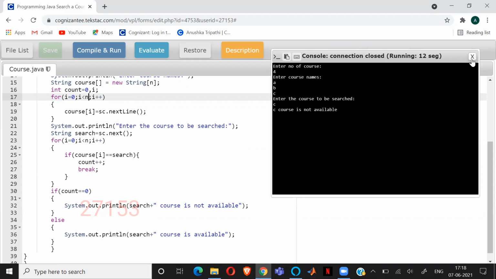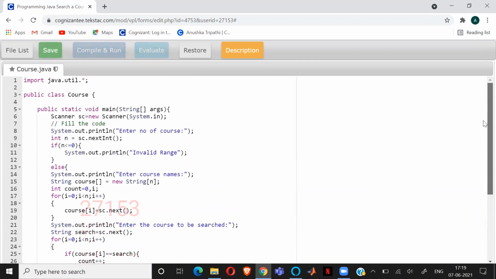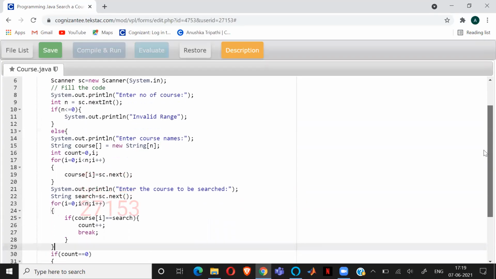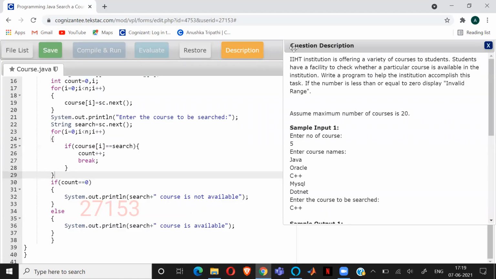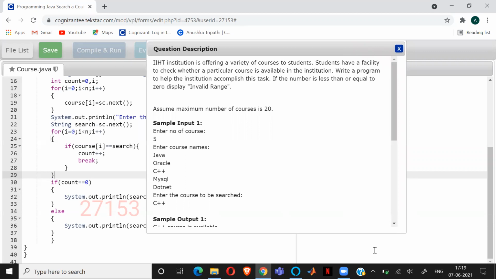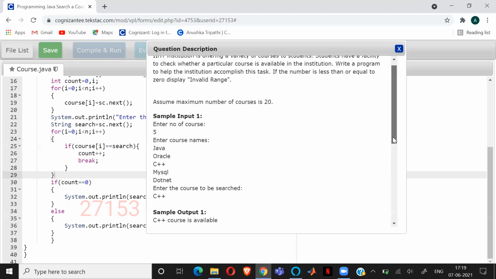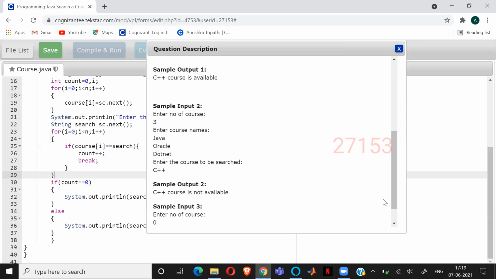C is not available. Now here the logic is okay. You take the screenshot of the code from the start and send it to me. Yeah, okay, I will send it on Trello, right? Yeah, you can send me on the Trello. Or should I send it on the chat? No, better you send it to me on the Trello. In chat, how will you send me the code? You send me this also. After this class, you can send me, or on the Trello itself, you can attach the zip file. I will download it and I will tell you.